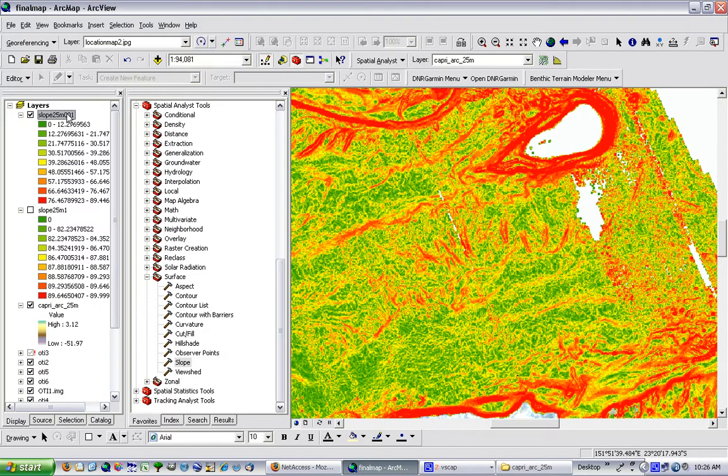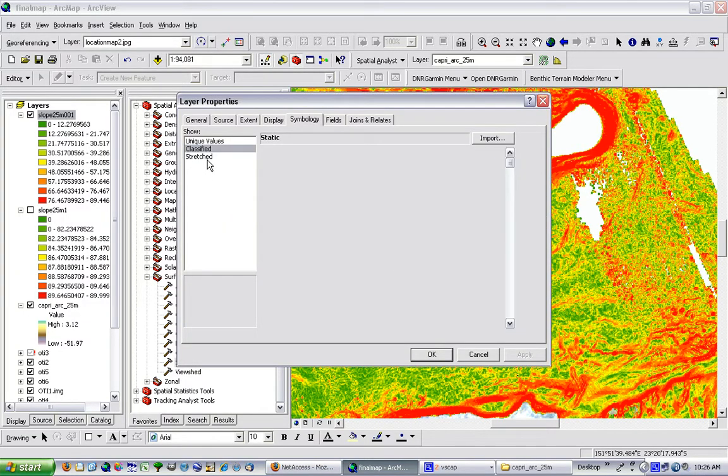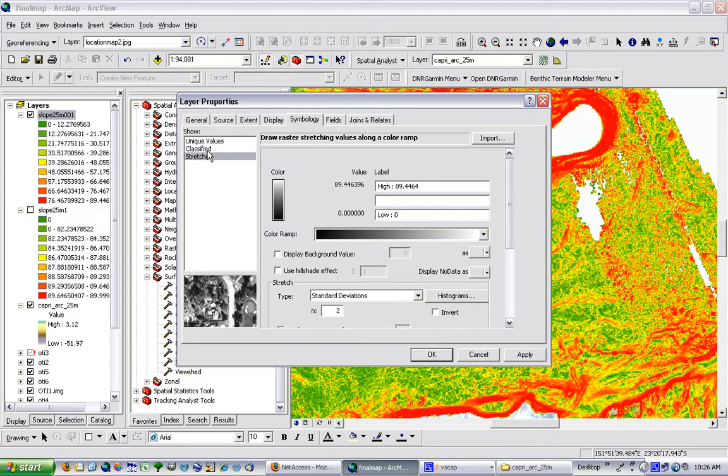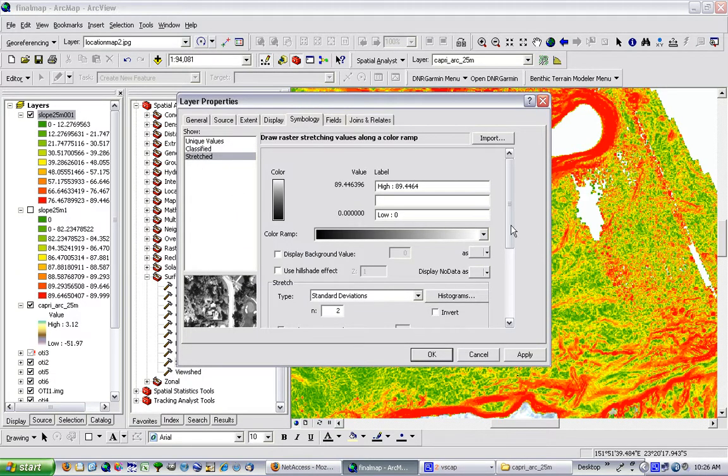It'll now say that the unique histogram doesn't exist. We can just press no, because we don't want a histogram, we want these stretched. That means you can't do the classified, which is what it's already done. It won't work out a value for each individual raster cell. So what a good one to do